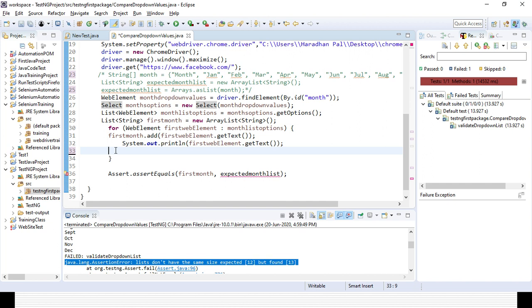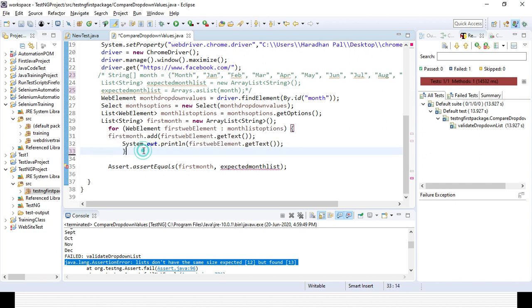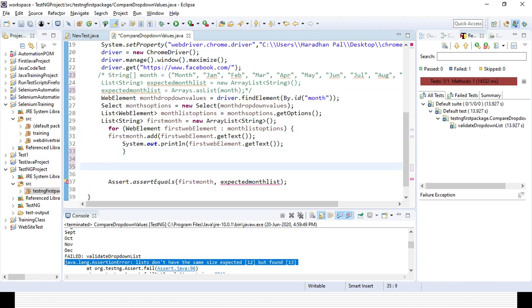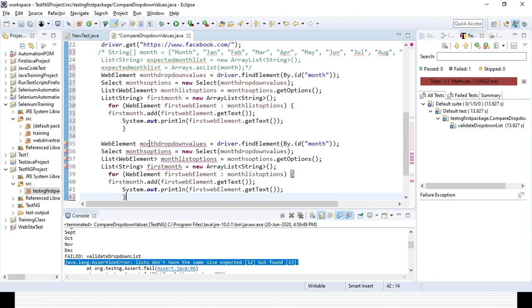So here what I will do, I will use the same line of code and I will create another method. Here I'm just changing the values to 1, month options 1.